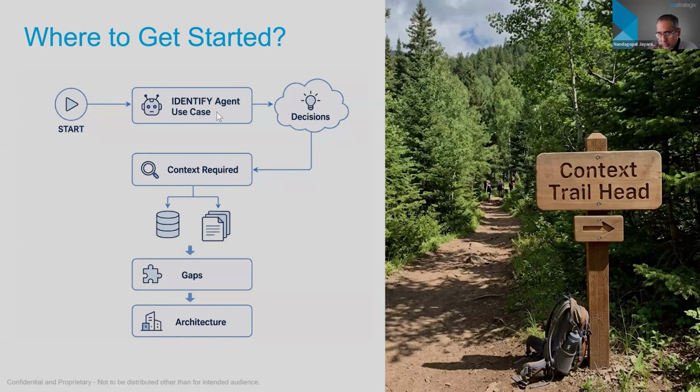First identify the use case and see what decisions it needs to make as an agentic use case. What context is required to make those decisions in a sound, governed, grounded manner, right? And then what do you have in your databases, in your knowledge reports, wherever, and what is its current state and accessibility and so on. Those give you gaps, and that should lead to an architecture. So don't start with the tool, start with the business use case. That's really the key point.